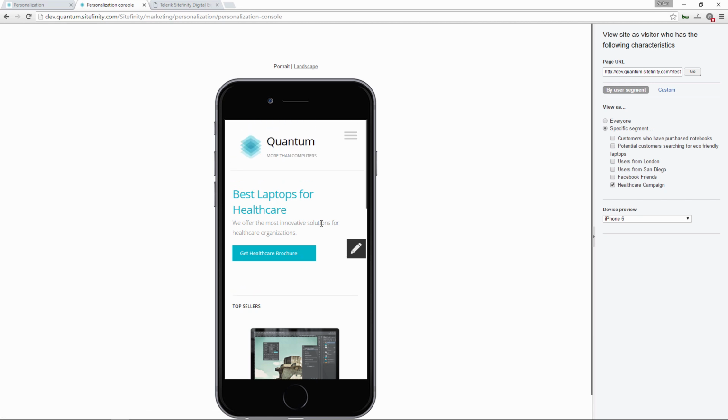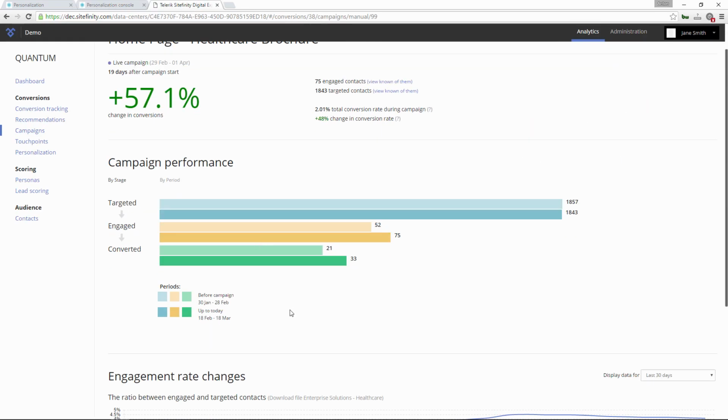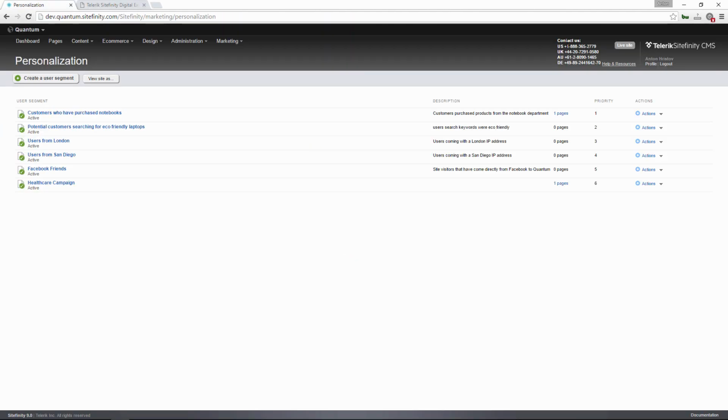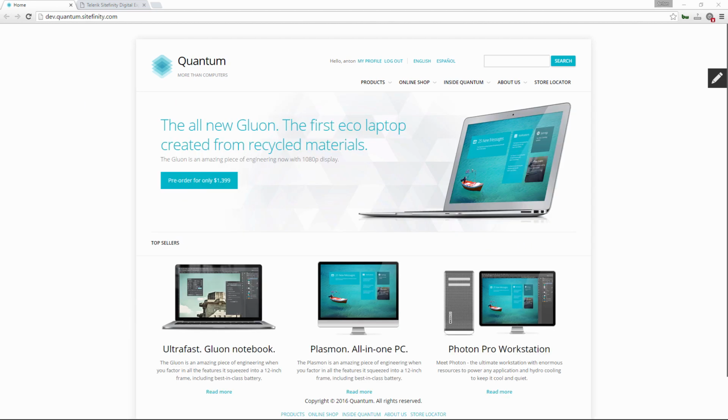Everything looks good. So everything is good, and the next thing marketers need to do is monitor the personalization analytics in the Digital Experience Cloud for the campaign, and decide whether they need to adjust something, change the message, or further refine the targeted audience segment, in order to understand and optimize the conversion the most. So with that, I would like to just close some things here, go back to the live site, and return to our PowerPoint presentation to see what the next feature is.